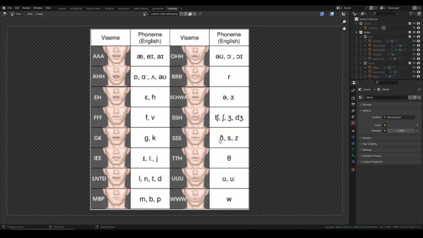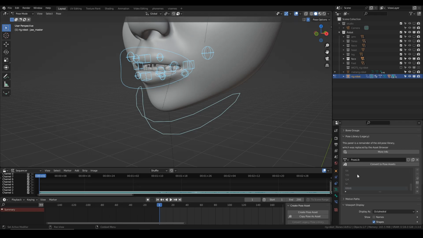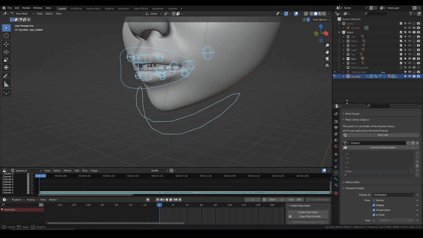See, this was taken from a Chinese thing. And so they think that TH makes the same sound as S. This is why Chinese people will say "sank you" if they haven't studied English properly. And we've got U and U and W. Okay, right. Cool. So we've got all of these down here,